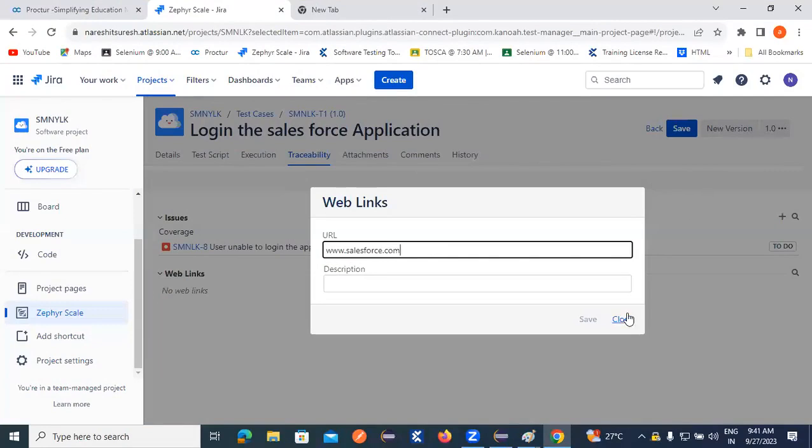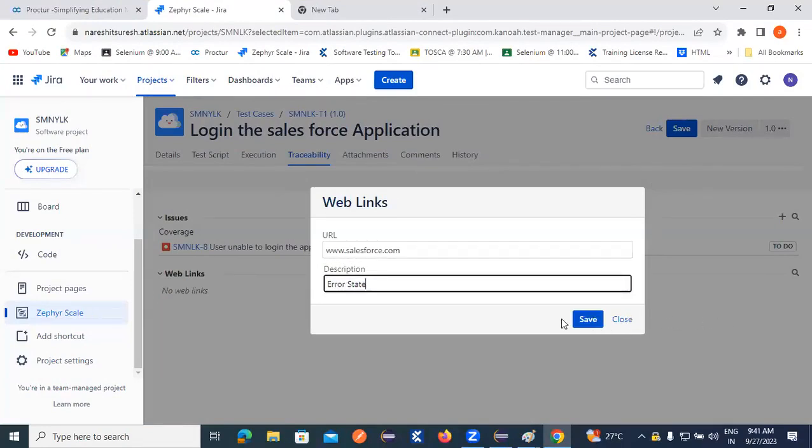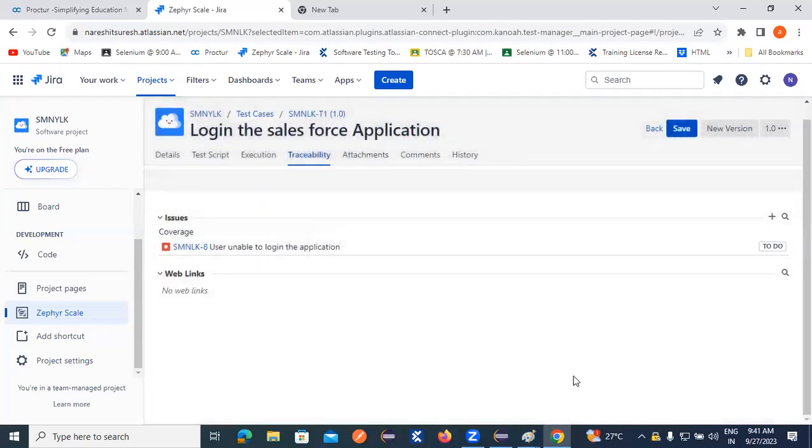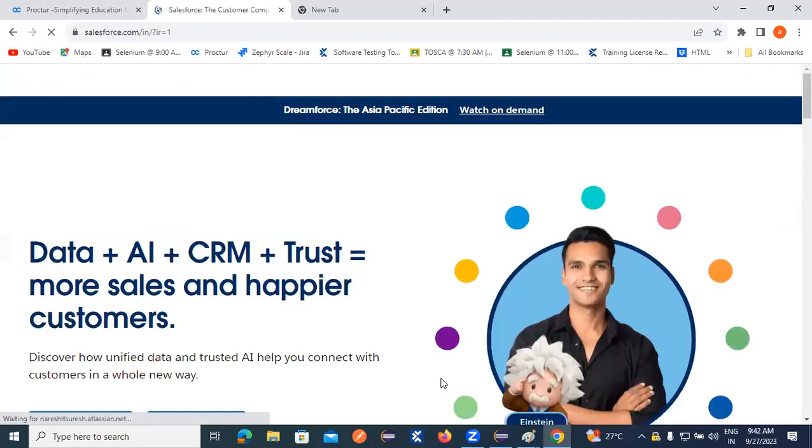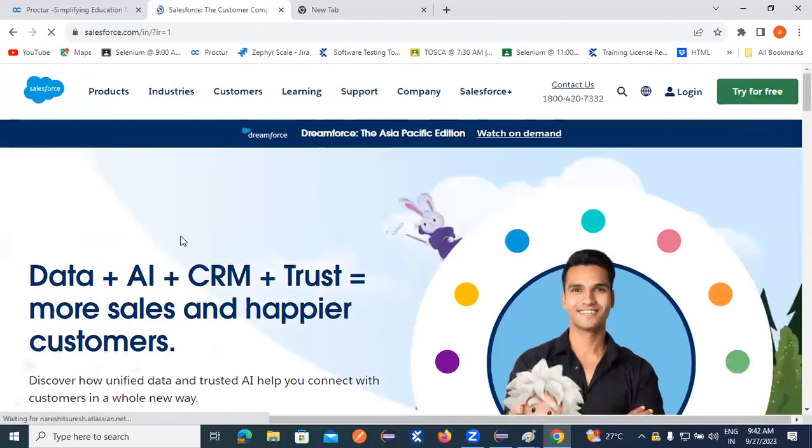www.salesforce.com. Salesforce.com description, error states, click on save. Once you click on this error state, automatically the Salesforce login will open. See guys, once you click on,